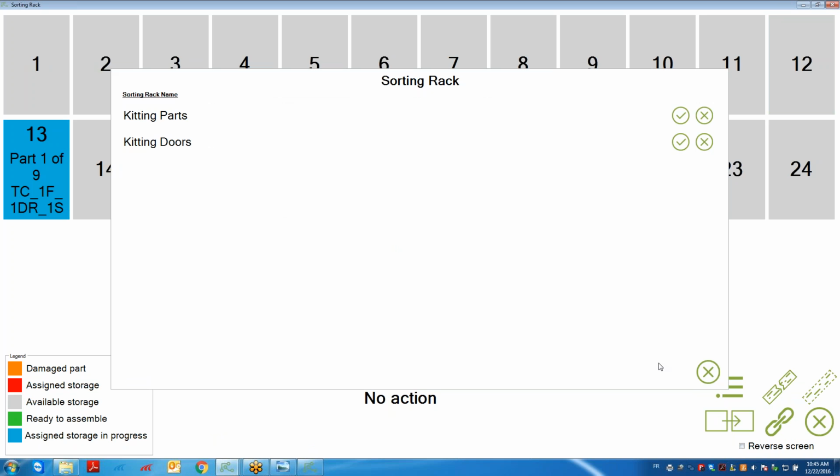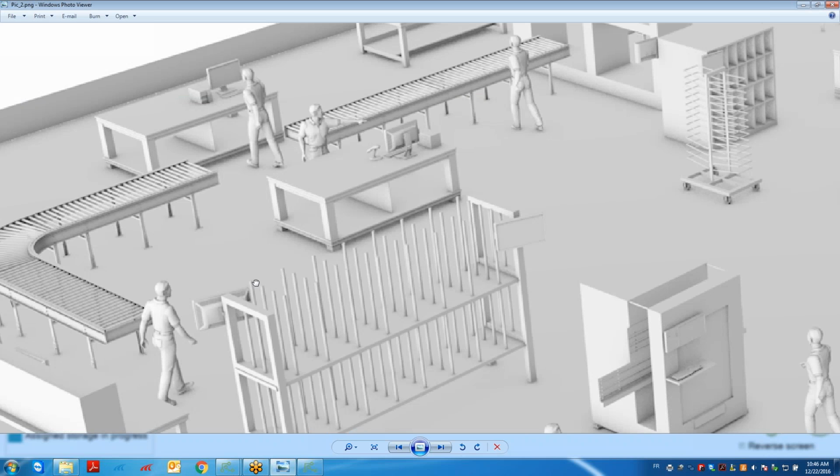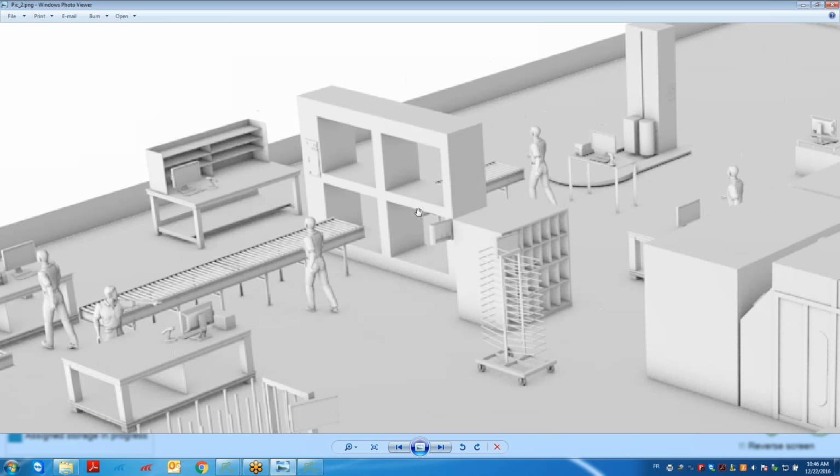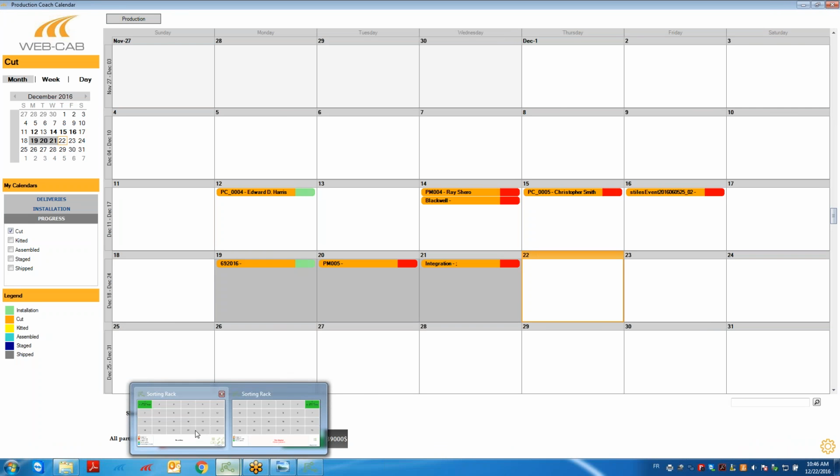Now, let me show you just another thing. Once the product is fully assembled, I'm going to assemble my product, and I go through my line right here where I need to place my doors and drawer fronts on that product. Another thing that so often happens is that they have to search for where that part is, whether it's the right door that goes on that cabinet, or read the label. Now, what the operator can do is go to that sorting rack, right here, and